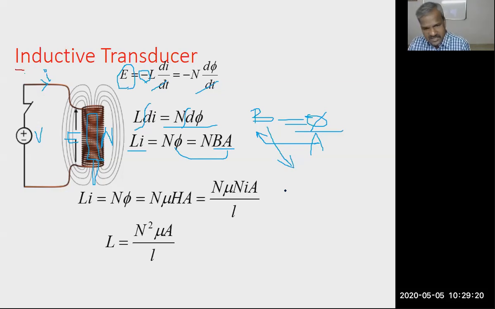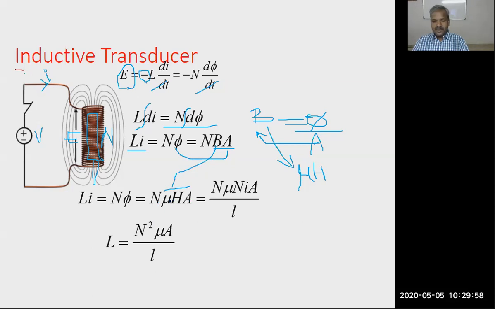Also, we know that flux density has another relation. The flux density mainly depends on the magnetic field. The magnetic field strength is H. These are all basic relations only. So B is proportional to H. If you equate that, we introduce mu. So magnetic flux density is nothing but mu times H. So instead of B again we are replacing mu H. So N mu H A.